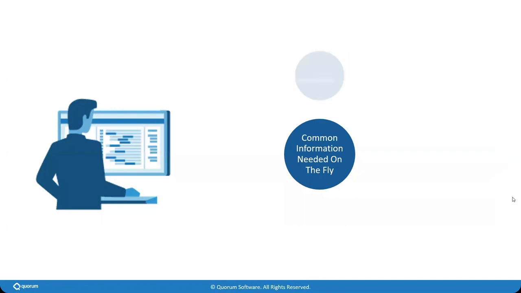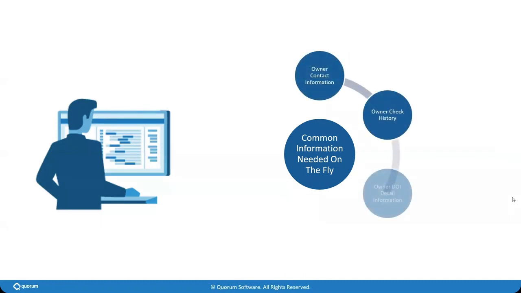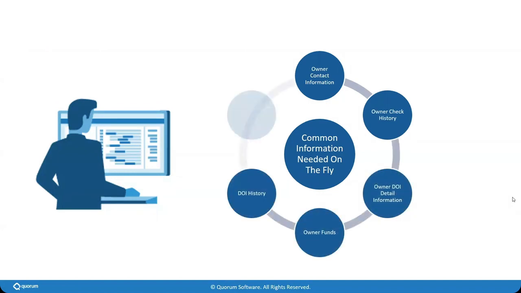So yeah, in this first section, Kevin and I will be covering some simple tips and tricks that will facilitate your ability to access and manipulate ownership data within QDO. Some of the common types of information that a typical user might need to find quickly are owner contact information, owner check history, owner DFI detail information, owner funds, DFI history, and new setup and maintenance group transactions performed within